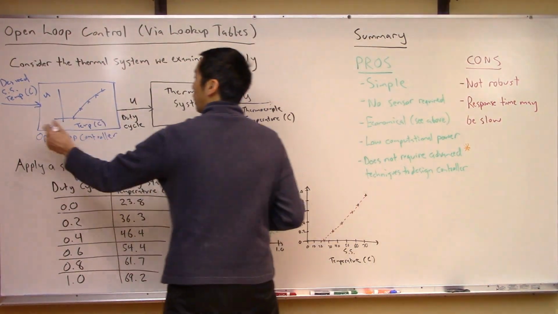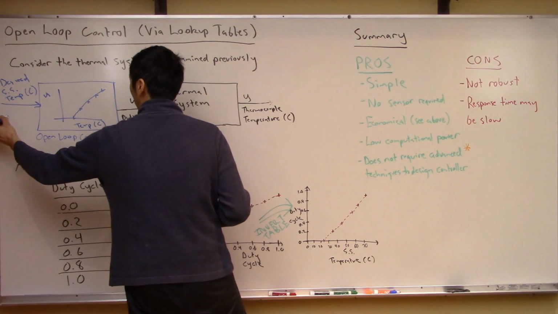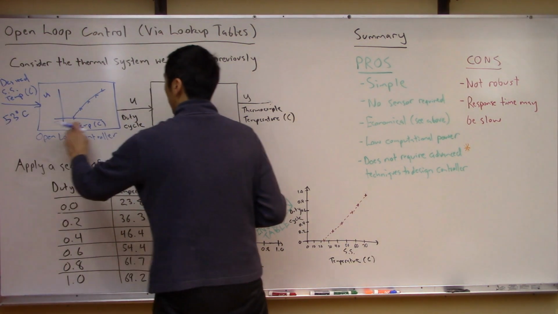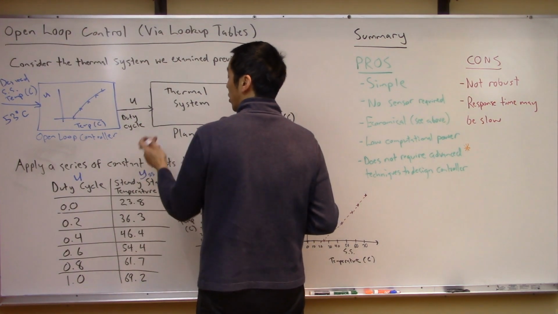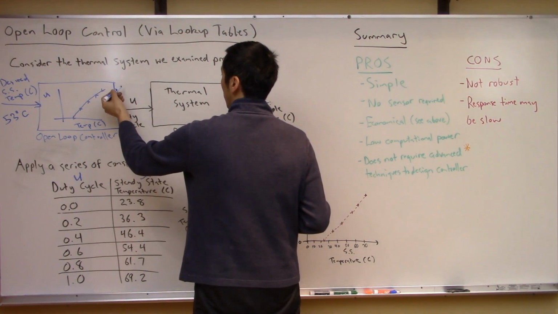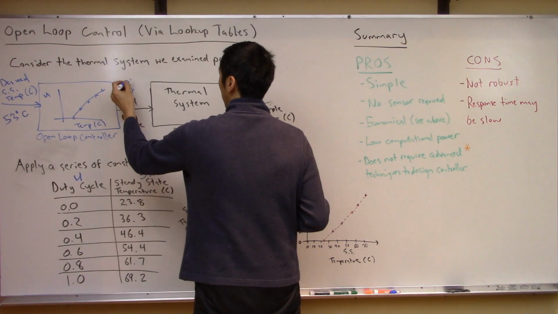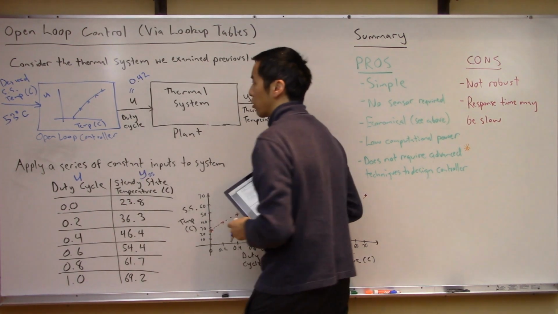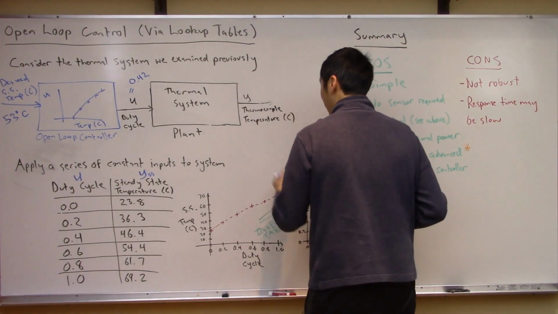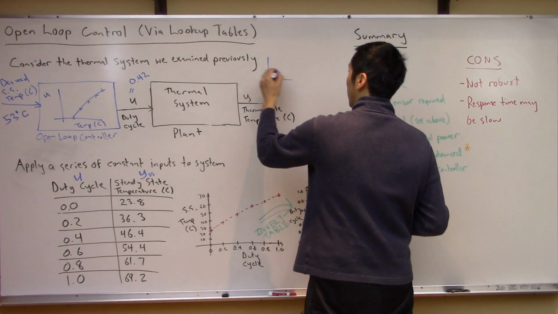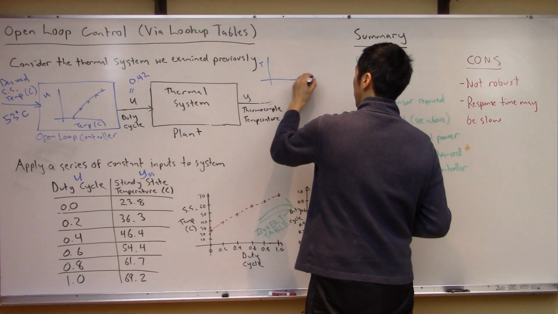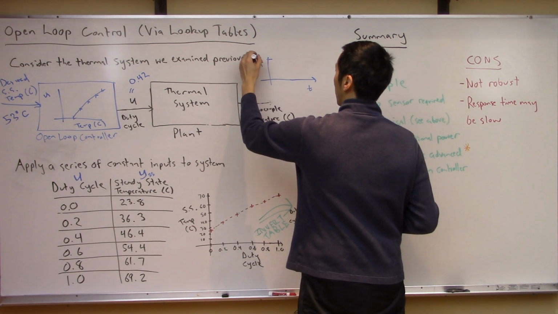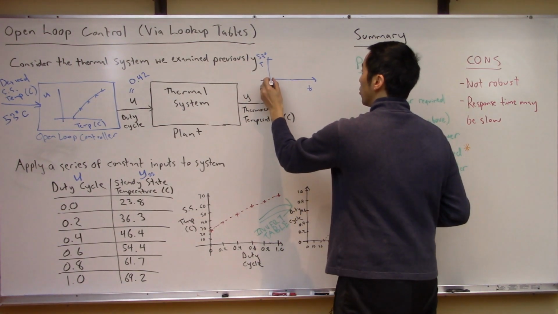Right? We saw here, if you wanted some temperature of, I don't know, 53 degrees Celsius, we saw that this lookup table might cook up a duty cycle and say, okay, you need your duty cycle to be, I'm making up these numbers, 42%, 0.42. So what's going to happen is that the temperature versus time is going to try to get up here to around 53, but it's going to do this slowly,